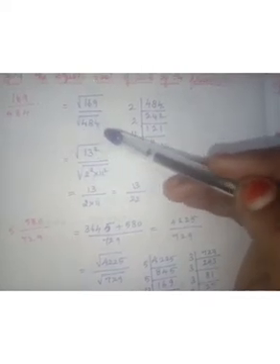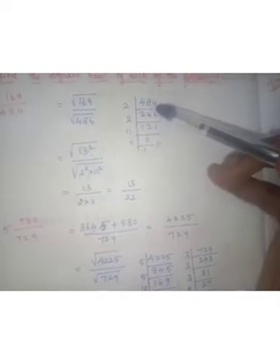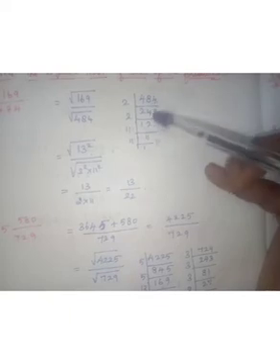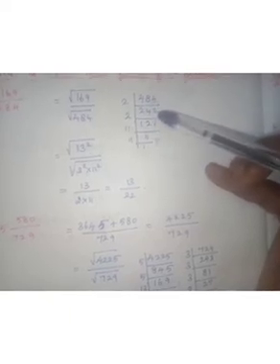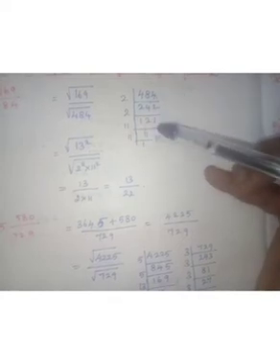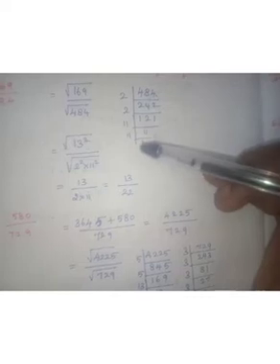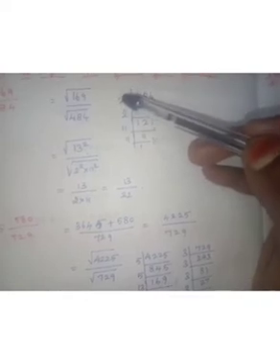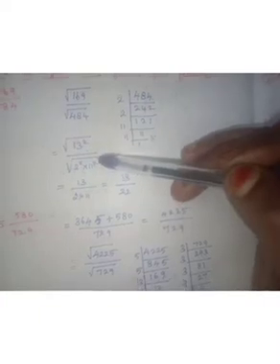But for 484 we use the prime factorization method with the 2 table, because the unit place is even. So I take the 2 table: 2 4s are 8, 2 4s are 4, 2 2s are 4. Again it ends with 2, so I take the 2 table: 2 1s are 2, 2 2s are 4, 2 1s are 2. 121 you straightly take the 11 table, 11 11s are 121. Again the 11 table, 11 1s are 11. When it is 1, you stop. So what factors are taken? 2 square and 11 square. So 2 square into 11 square.